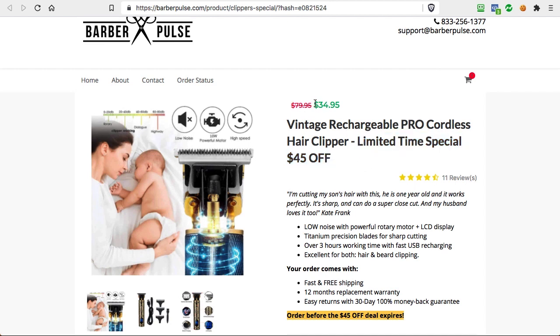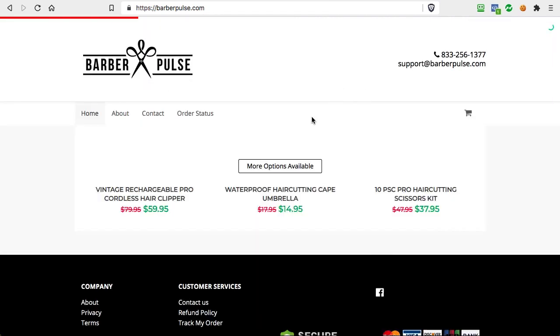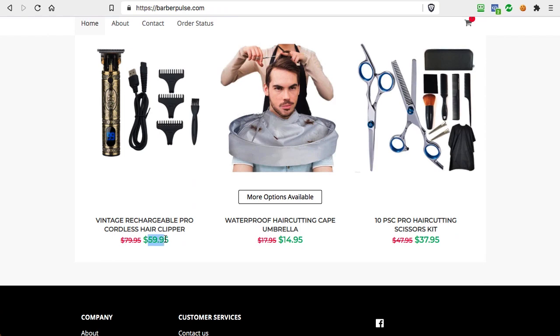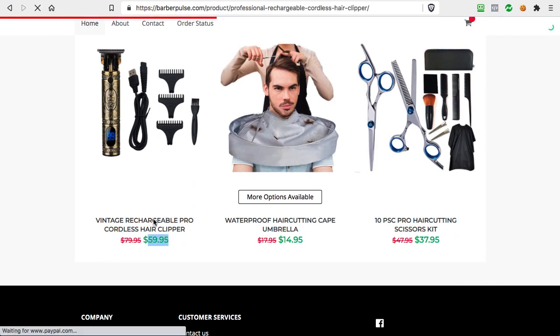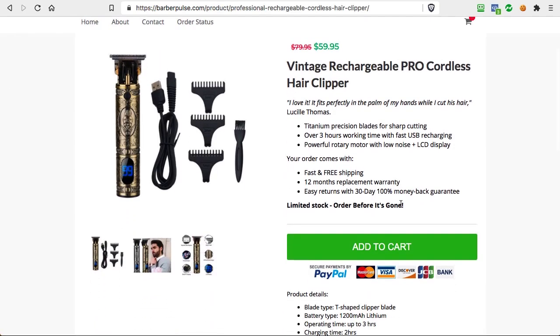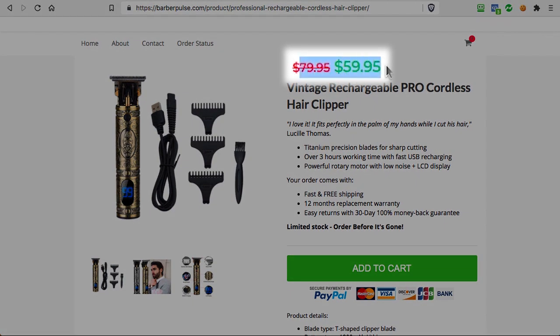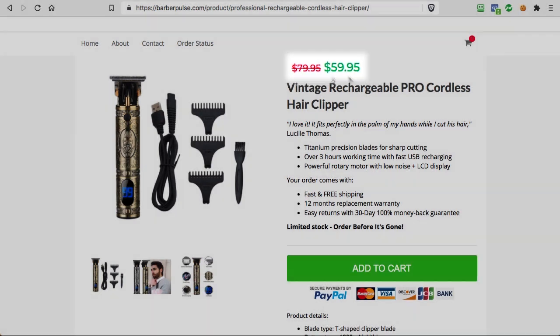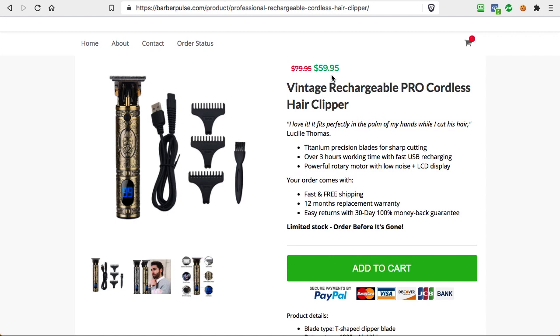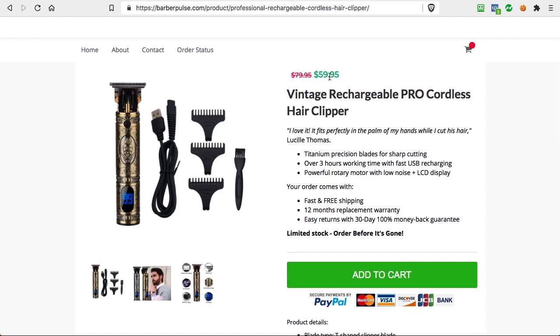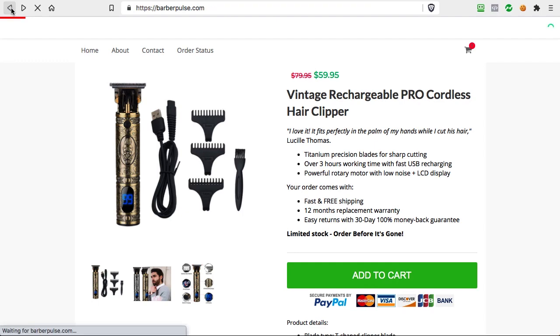Because think about this, right now, if you look here, the price is $34.95, and if someone clicks on the homepage here, they'll see the same product for $59.95, right? So they can click and look at the same product, and now it looks different, right? This is just a standard price. We still show the comparison of the pricing because that just helps to sell more when some random buyers come to the store. But it's no longer the same price we had on that private page, right?